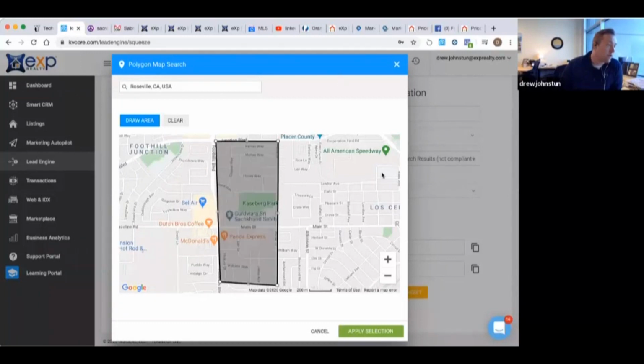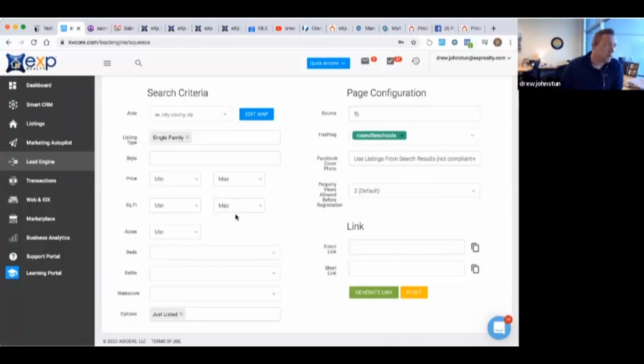There we go. Apply selected areas. Apply selections. Okay. And so it has in there. You can see how edit map. So I know that it took there. Okay. And now I'm just curious to see if there's any houses in this area that was just listed. Let's see. Generate link. See if there's any.